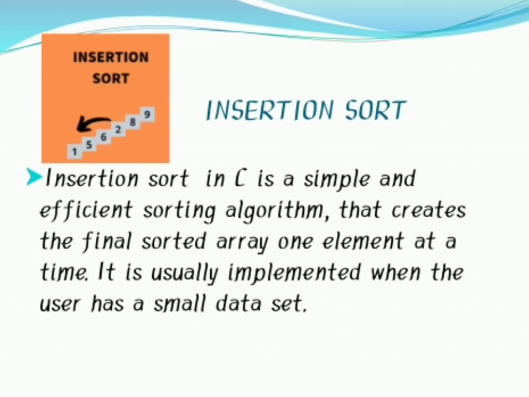Insertion sort is said to be stable if two objects with equal keys appear in the same order in the sorted output as they appear in the input unsorted array. This means insertion sort is stable by nature. It is also one of the advantages of insertion sort. In this case, unstable sorts generate problems.